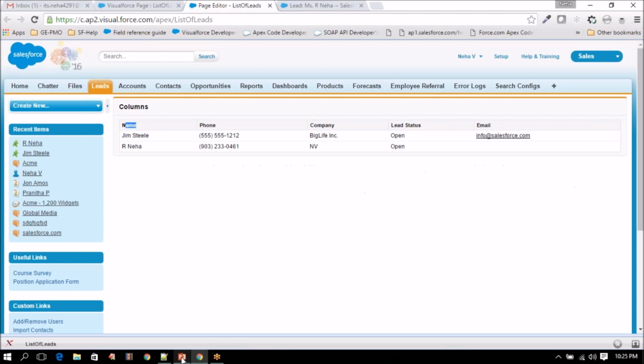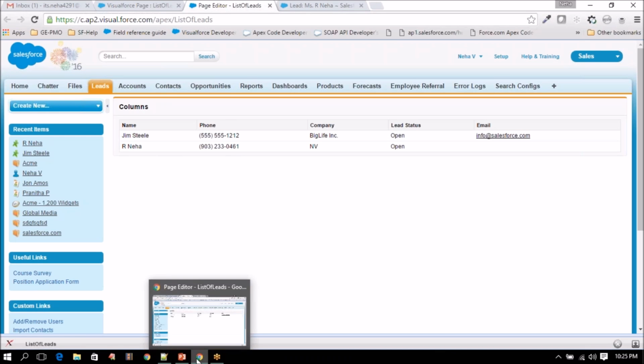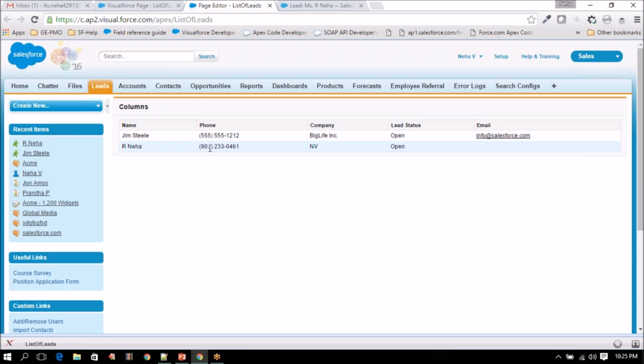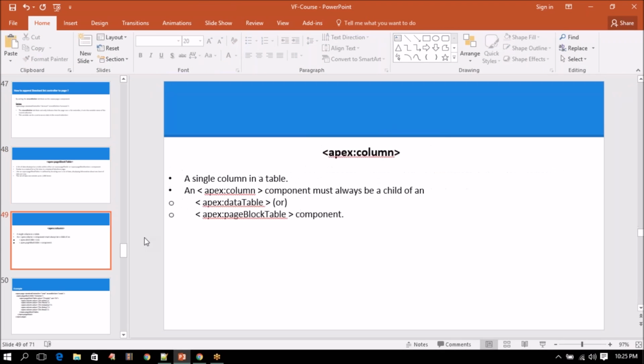When we use the page block table, it is giving us the complete styling, the labels, the format. When we use the phone, it is getting the format, right? The braces, space, everything, labels. So when we use the page block table, it is getting us the complete Salesforce standard styling. So when we don't like this styling and we want to have our own styling and display the same set of records, then we have another tag called